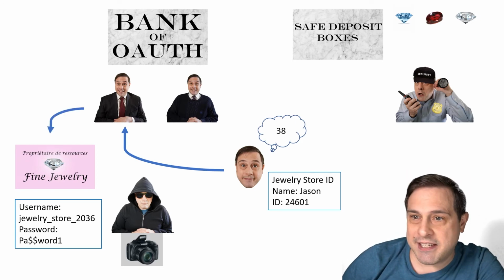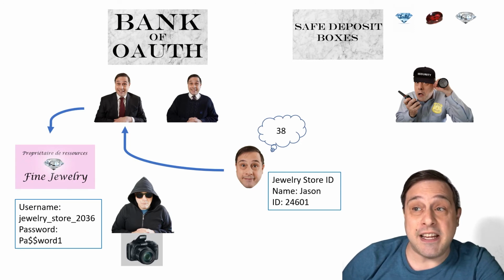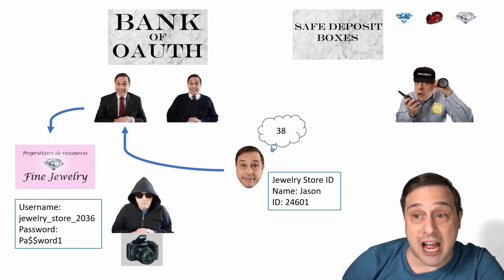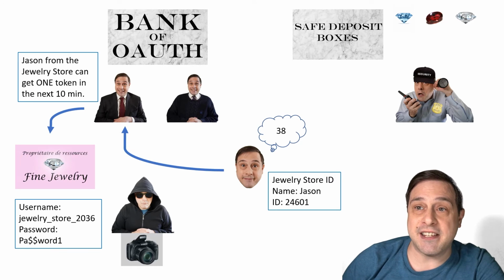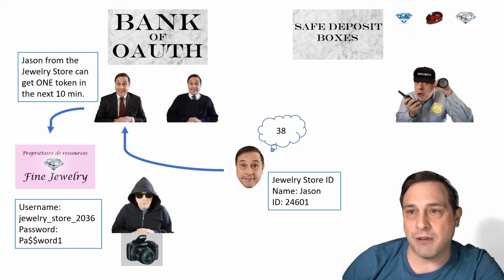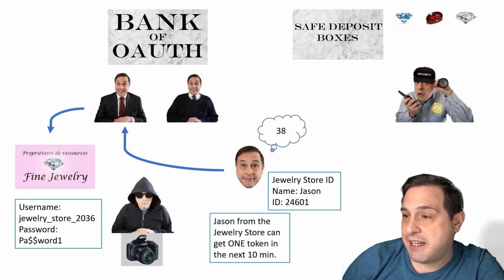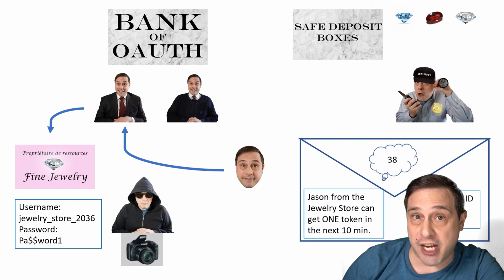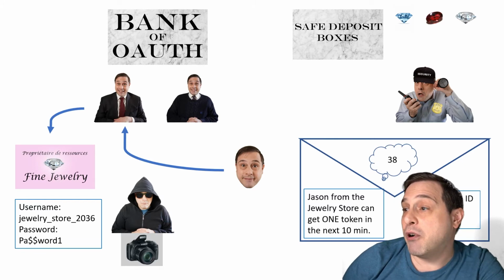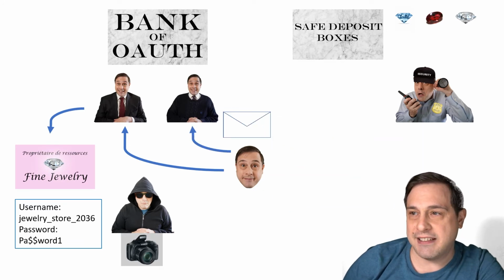And then the teller calls the jewelry store. The jewelry store authenticates with the username and password. The teller asks, can Jason get the blue diamond? The jewelry store says yes. And so the teller prints up a ticket that says Jason from the jewelry store can get 1 token in the next 10 minutes, just as before. So then the employee takes the ticket as well as the ID and the random number that he just thought up and puts it in an envelope,